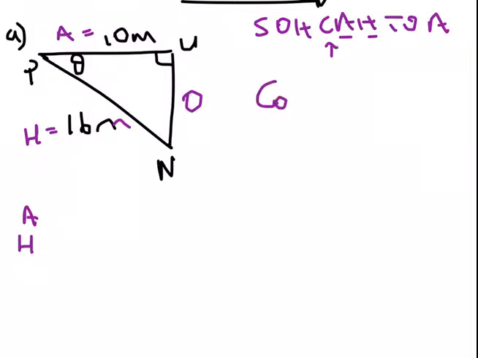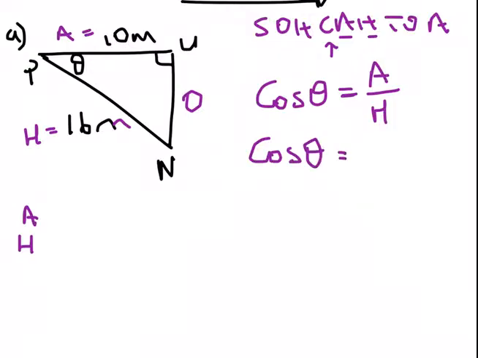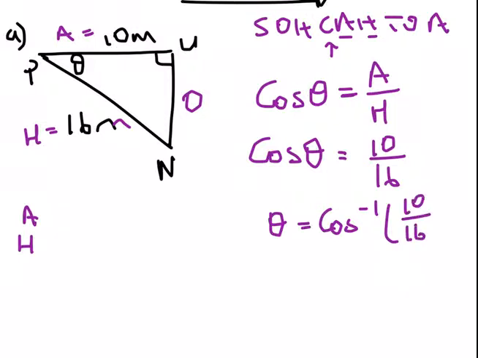So that means we will say cos of an angle should be equal to, we know that cos of an angle equals adjacent over hypotenuse. Therefore, I can just nicely and easily continue. Our adjacent is 10, our hypotenuse is 16. Then you can just say cos inverse, the second function, of 10 over 16, and this should give an answer. Let's see, shift cos 10 over 16,